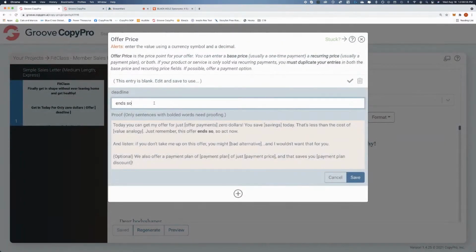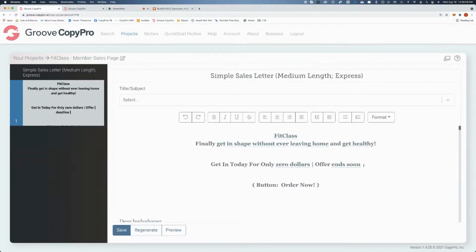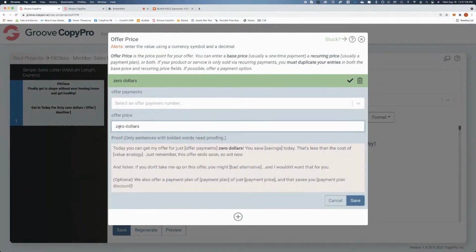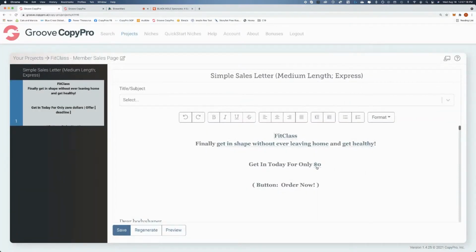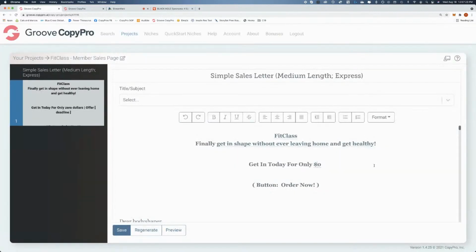We'll just put the offer in here in case you don't want it. I take it out. Get it today for only $0. Get it today for free. I like the $0 because what's great about it is it's one of those incongruent juxtapositions. The mind sees $0 and it actually stops the banner blindness. Sometimes we see free all the time and we disregard how powerful free can be. So I'll say get it today for only $0.